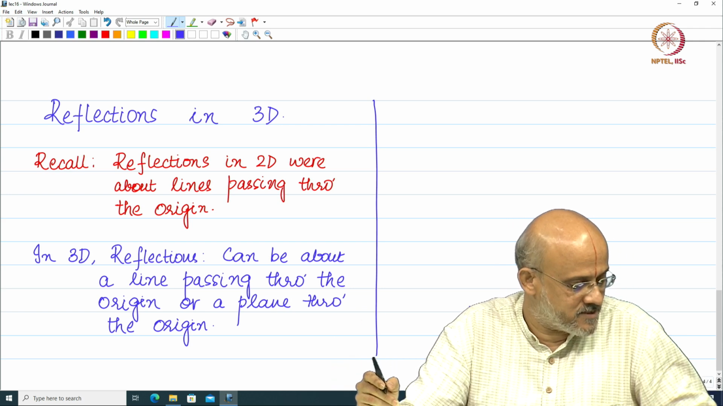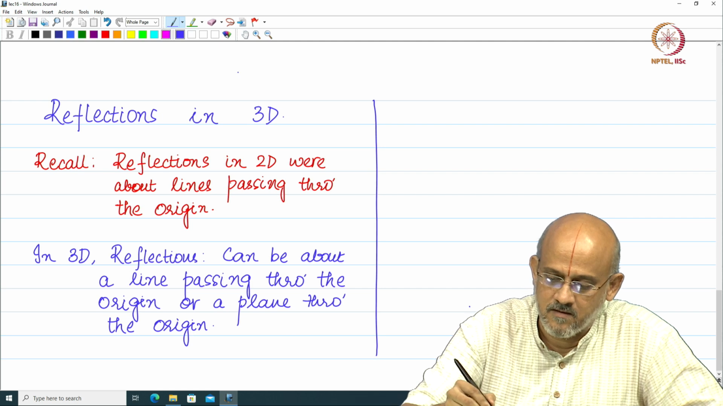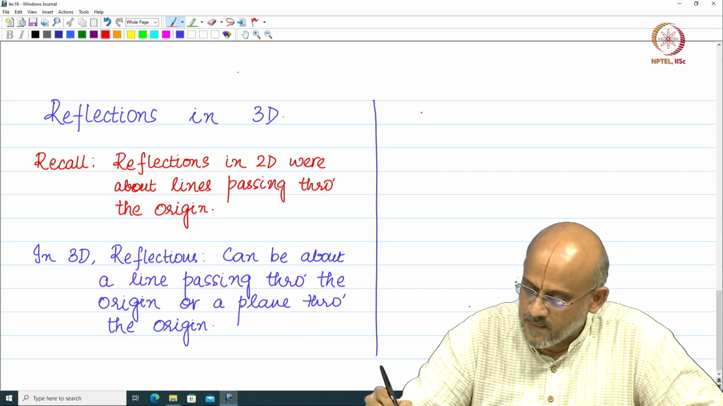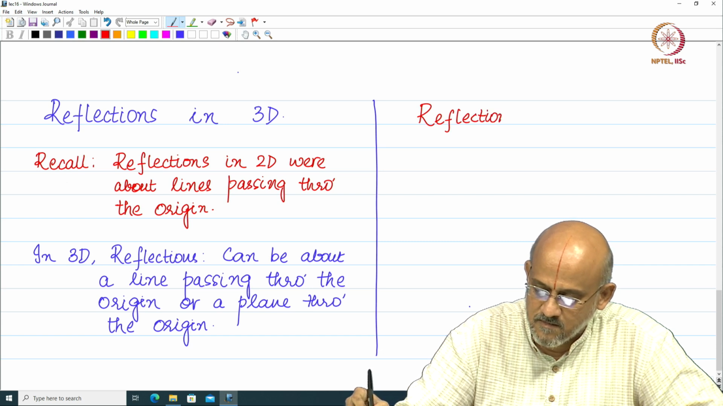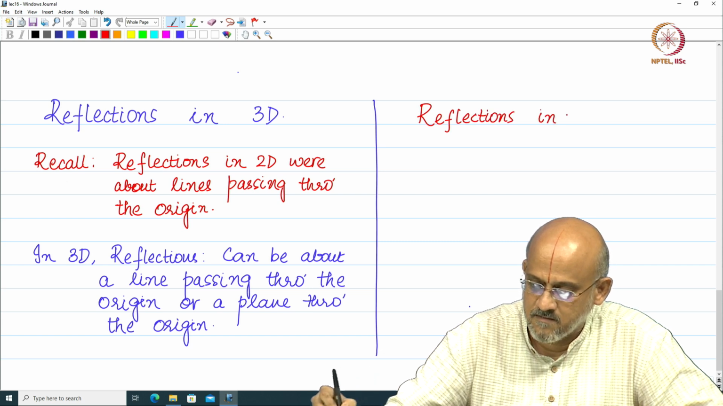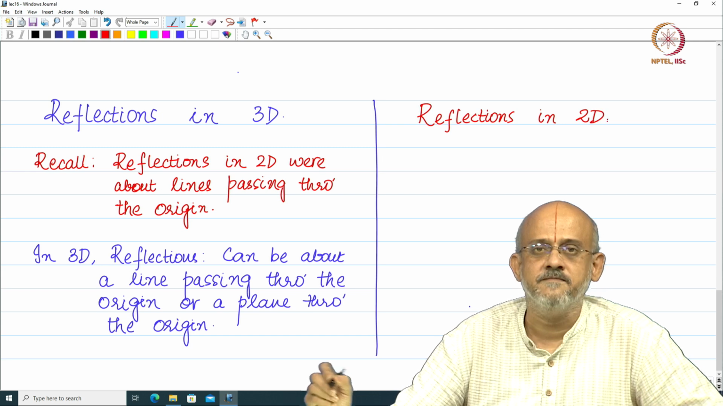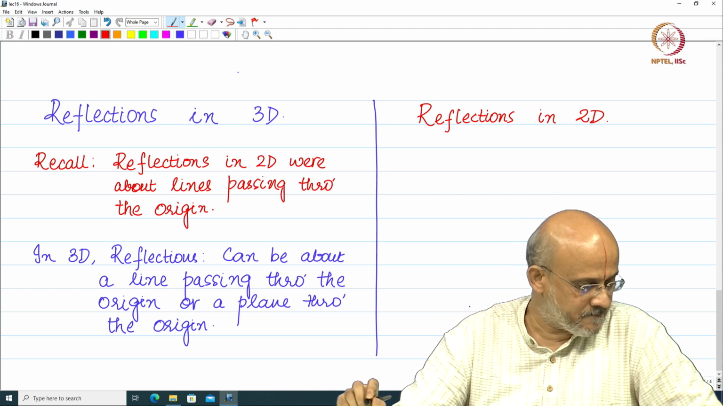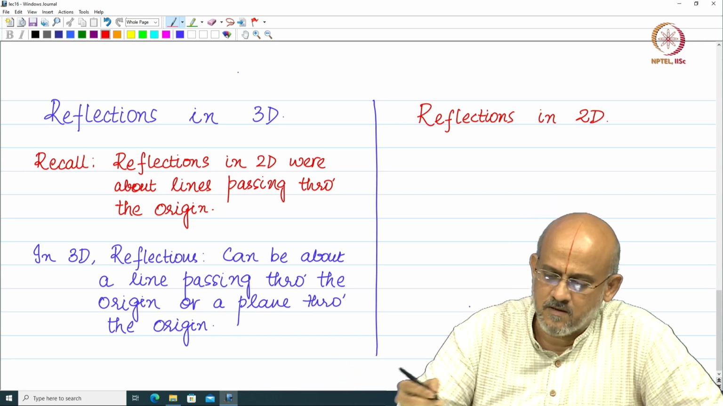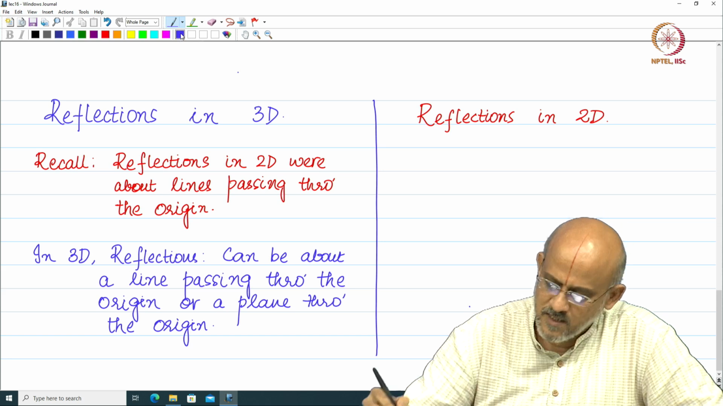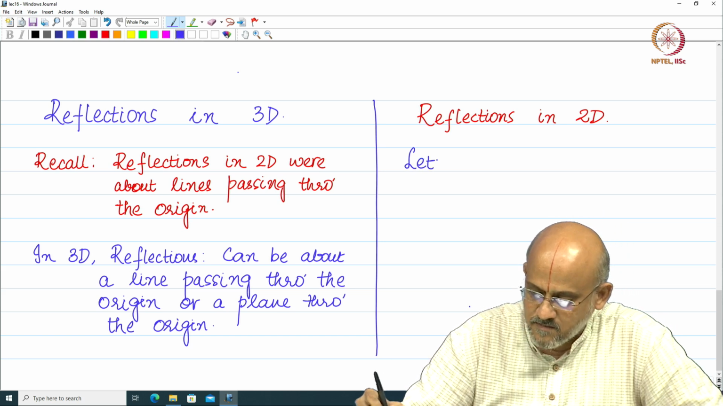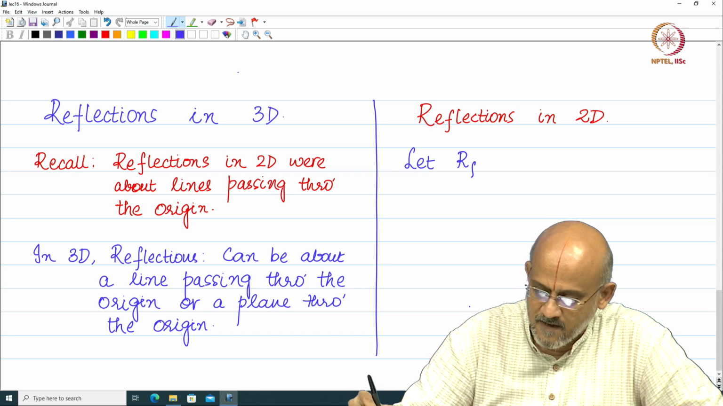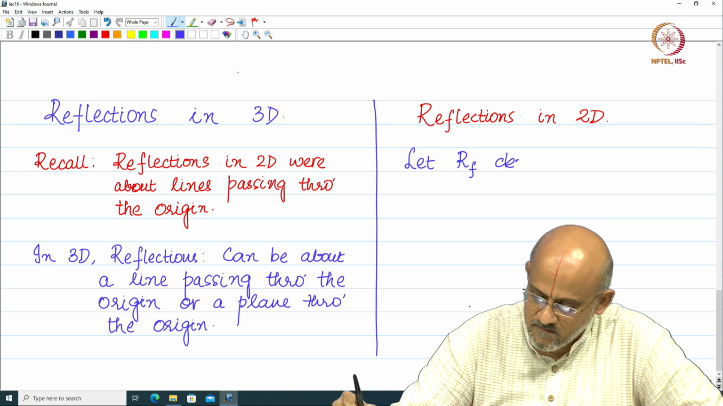Okay. So, let us look at this. I am going to do this. Reflection in 2D, this is what we are going to look at. So, let us define a few things. Okay. Let RF denote